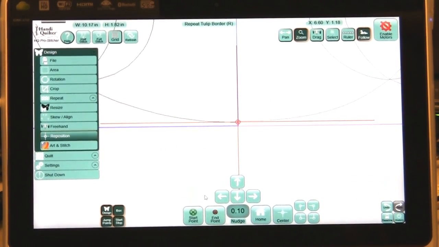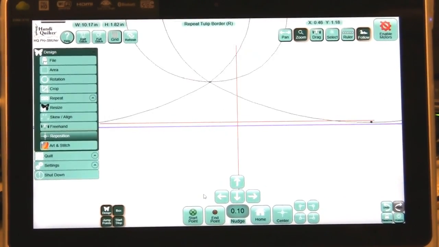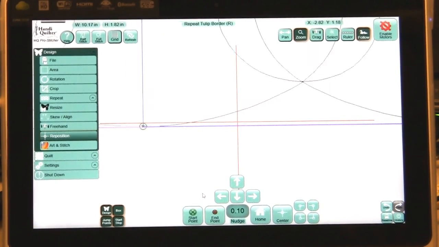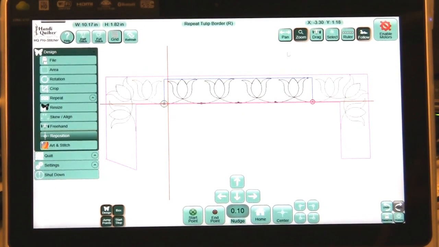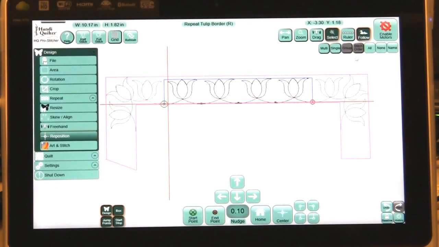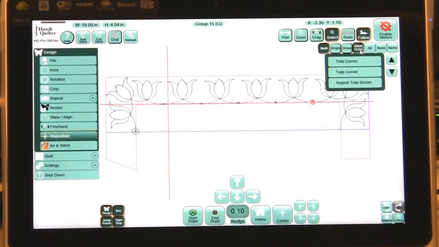So let's roll it over and look and see if I'm positioned and everything is lined up. Yes, it is. There we are. We are lined up and we're ready to quilt. Now, go to select, and we can select it all. And is my order right? It doesn't look like I've got this ordered right. So if I look at the stitch order,